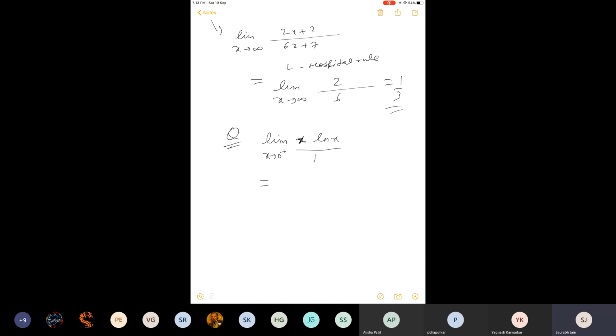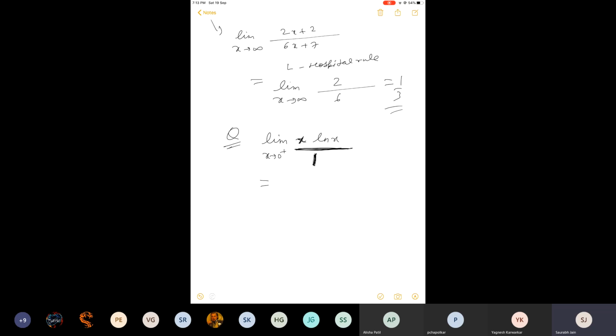Right? So if the differentiation of 1 is 0, if you think you are differentiating it like this, in the numerator you have x ln x, in the denominator you have 1; you might have differentiated the numerator by the product rule, but the denominator, on differentiating, will become 0. So then the answer will become 0 by 0 only.